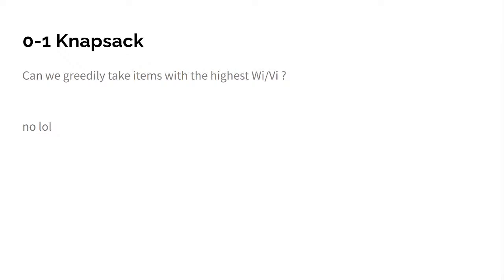Can we greedily take items with the highest Vi over Wi? You might be thinking that is possible greedy, but no, I don't know whether there's a proof here. I think one counter example is